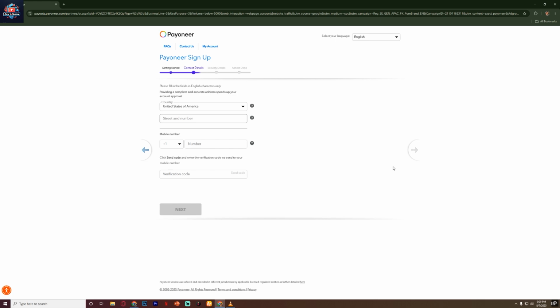For example, if your business address on Payoneer doesn't match the one on your LLC paperwork, they may reject it or ask for clarification. Once everything is verified, you'll receive a confirmation email that your Payoneer business account is active. From there, you can start receiving payments from clients, marketplaces like Fiverr, Upwork, Amazon, or direct international bank transfers. And that's it! Your Payoneer business account is now